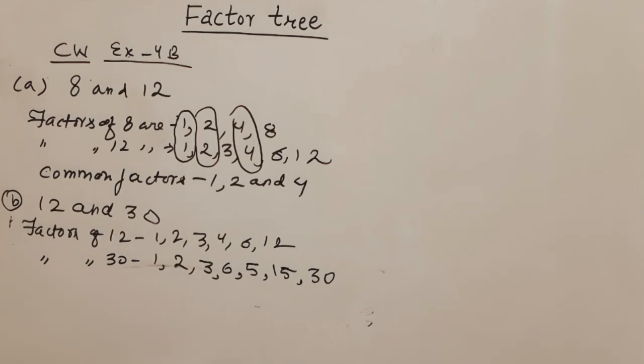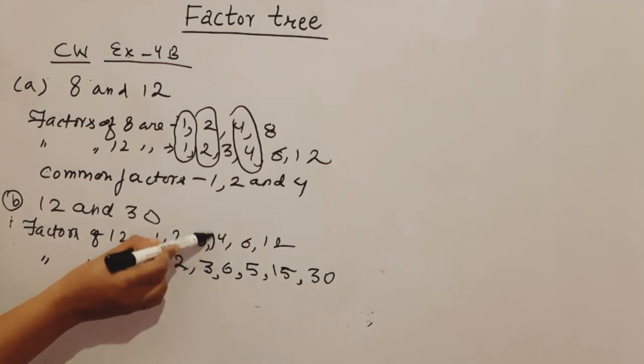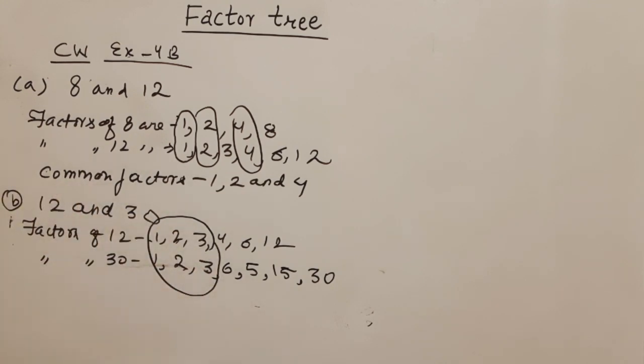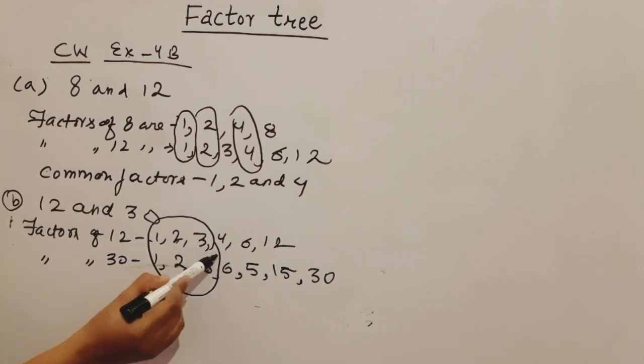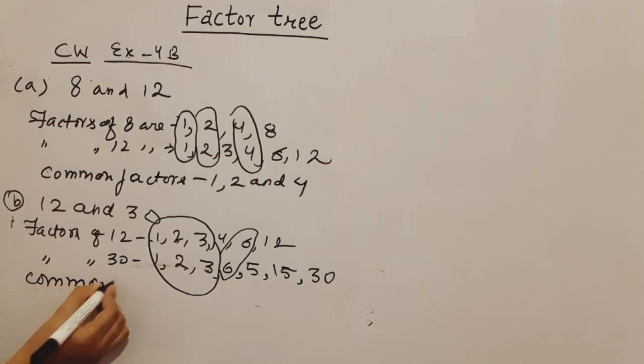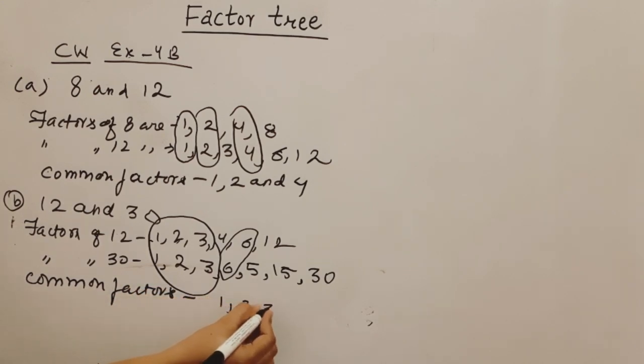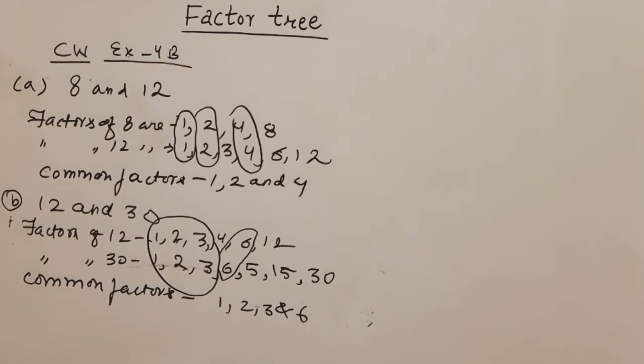Now we have to check for the common factors. So as you all can see that 1, 2, 3 ये तीनों के तीनों तो दोनों में कॉमन है. इसके अलावा भी कोई नंबर कॉमन है या नहीं, we have to check for that. जैसा कि आप देख पा रहे 6 इसमें भी है और इसमें भी है, तो 6 is also common. So now the common factors of 12 and 30 are 1, 2, 3 and 6. Okay students, now the C option and D option is left. I am going to do that.